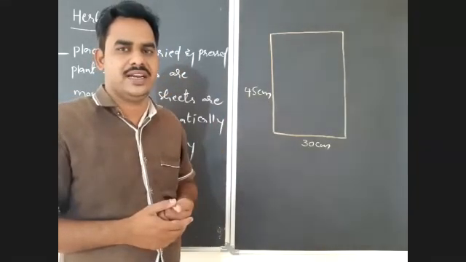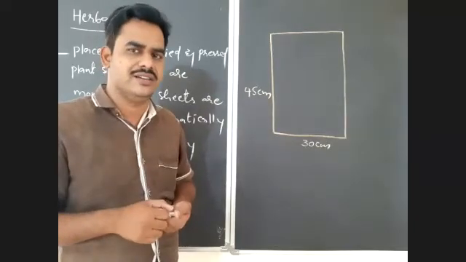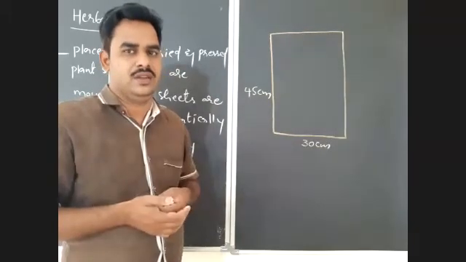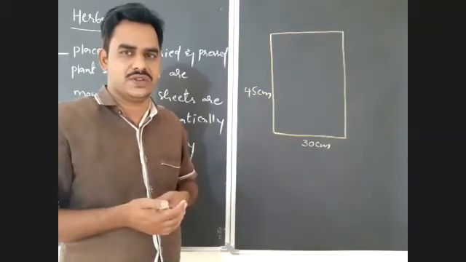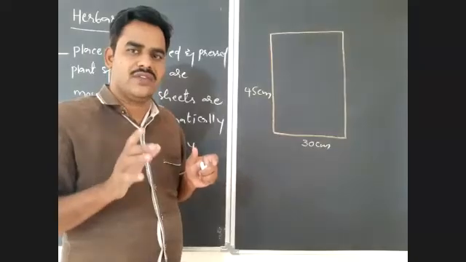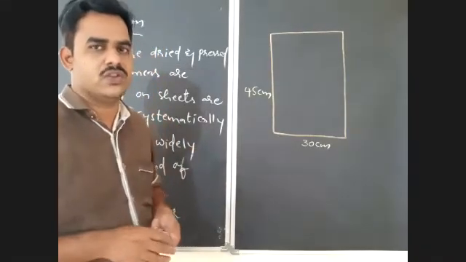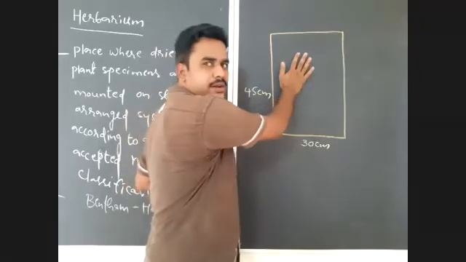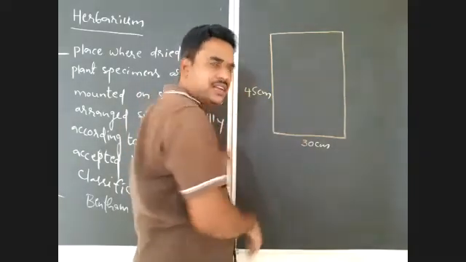A dried and pressed specimen, but there it is only a leaf or flower you are using, but here a branch of the plant with leaves, flower and inflorescence you have to use, right? Then after collection, pressing and drying, what should we do? So we have to mount that on the paper. That means you have to paste that on the paper.